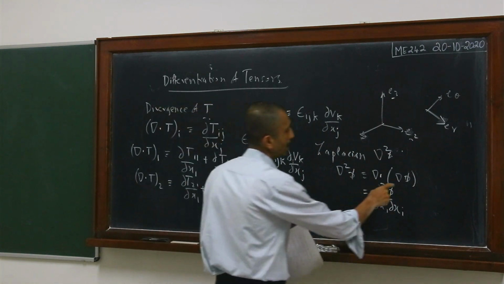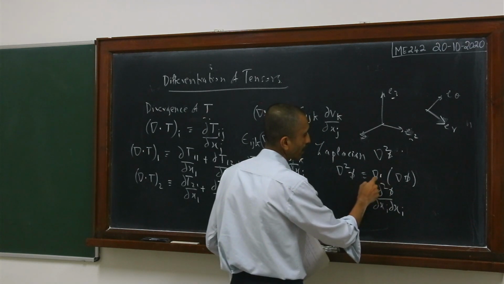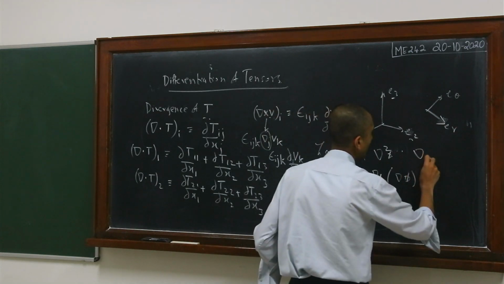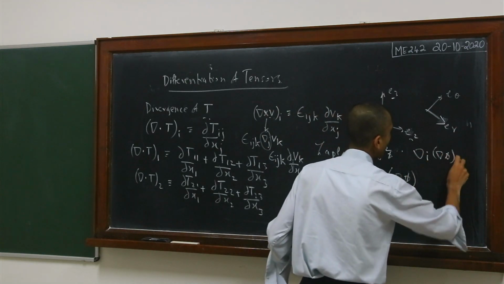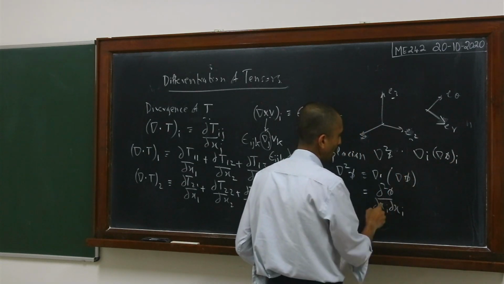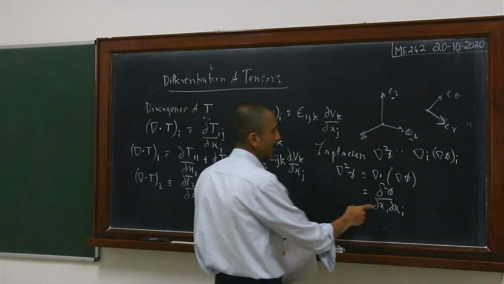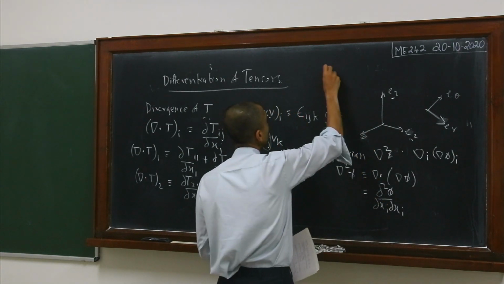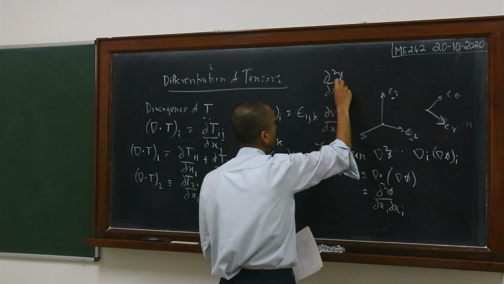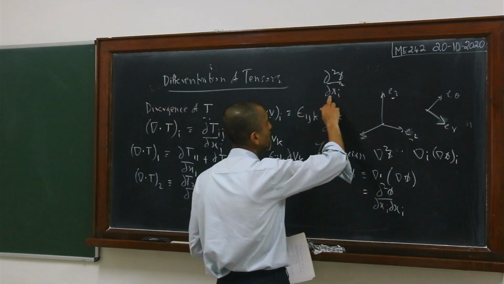Because the i-th component of del phi is del phi by del x i, and then del dot you can think of as del i times del phi i. You can think of this as del i of del phi i, and del phi i is del phi by del x i, and this will give me another del by del x i. So write it in this way. Now many students write this wrongly as del square phi by del x i square or something like that. Please don't make this mistake. You should not write it in this particular way.